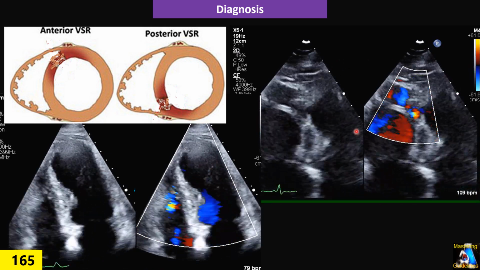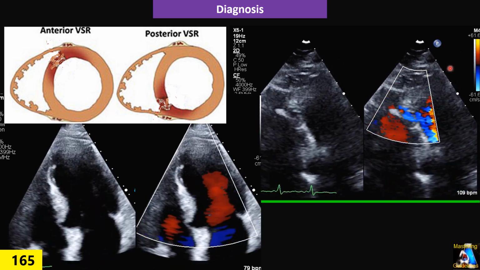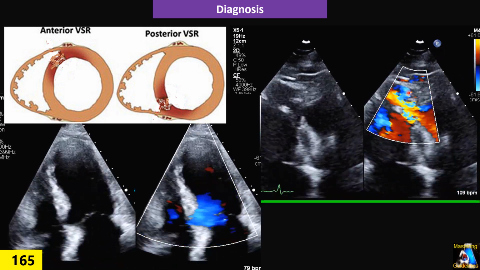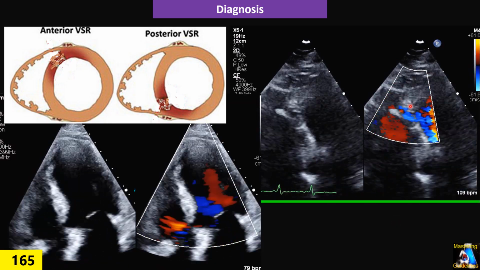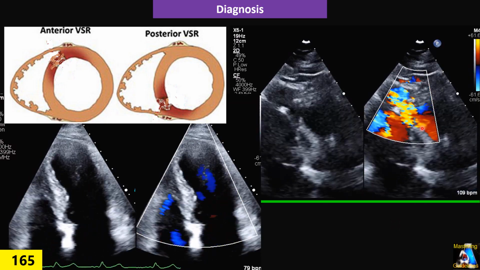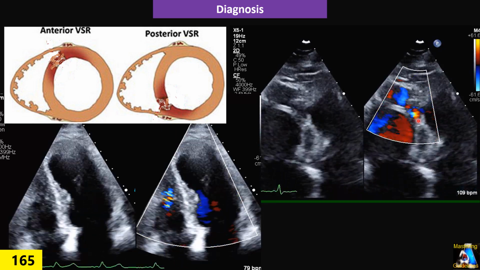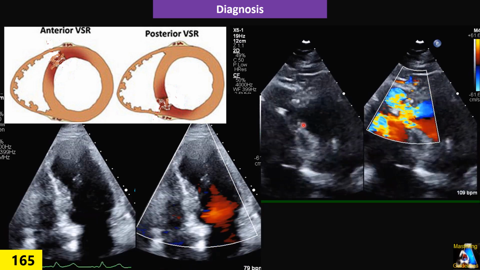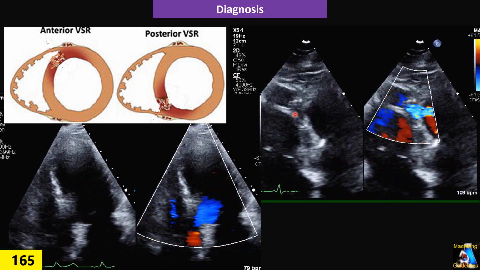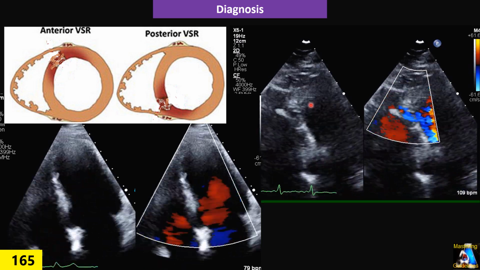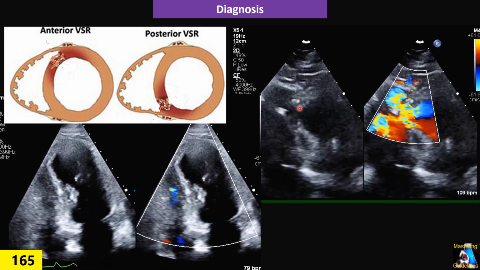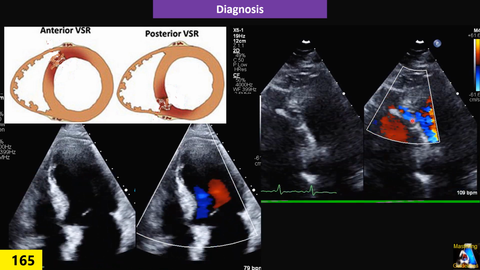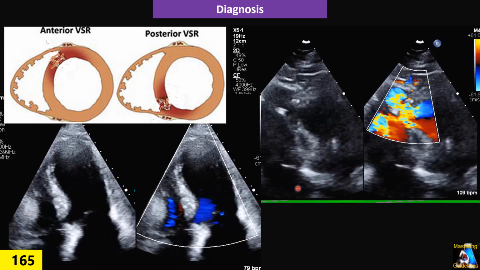Or if we have a shunt or VSD at the level of the middle of the septum, we can see it in the apical four-chamber. When we put color, even if we are not looking there, if you put color on the left ventricle toward the mitral or tricuspid valve, suddenly we can see a very clear jet. In this case it is very obvious. We have a left-to-right shunt with two jets because of the presence of the moderator band. Many times when we have a ventricular septal defect due to post myocardial infarction close to the septum apex, usually it gives us this pattern. But as you can see here in this case,